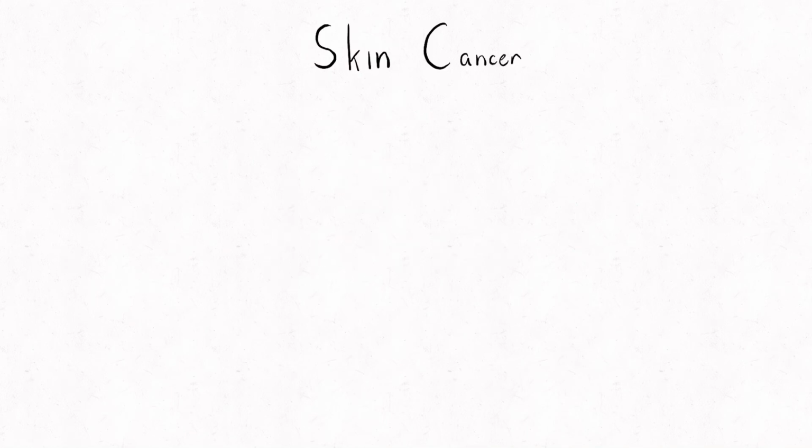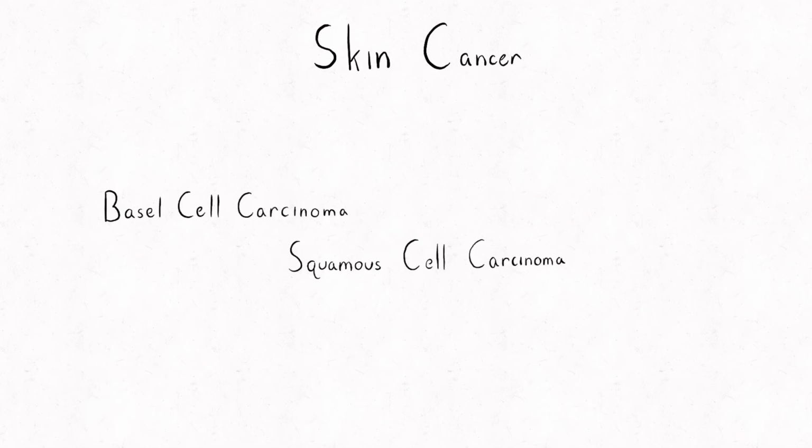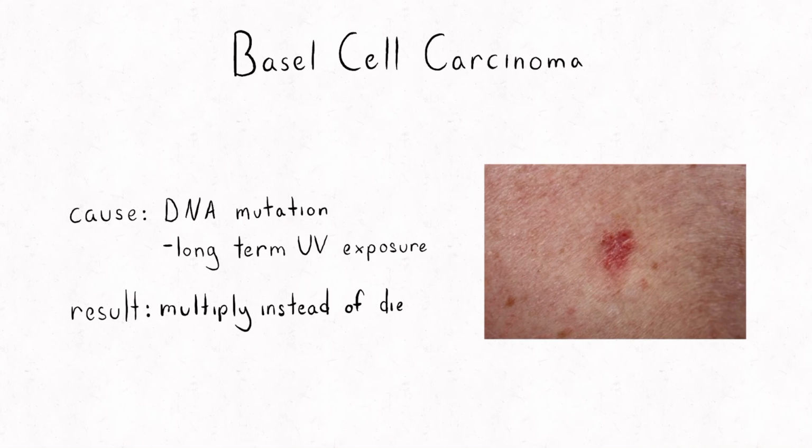One of these diseases is skin cancer. The 3 major types of skin cancer are basal cell carcinoma, squamous cell carcinoma, and melanoma. Basal cell carcinoma is caused when the basal cell's DNA mutates, which is usually caused by long-term UV radiation exposure. The basal cell would normally make new basal cells and push the old cells up to the skin surface where